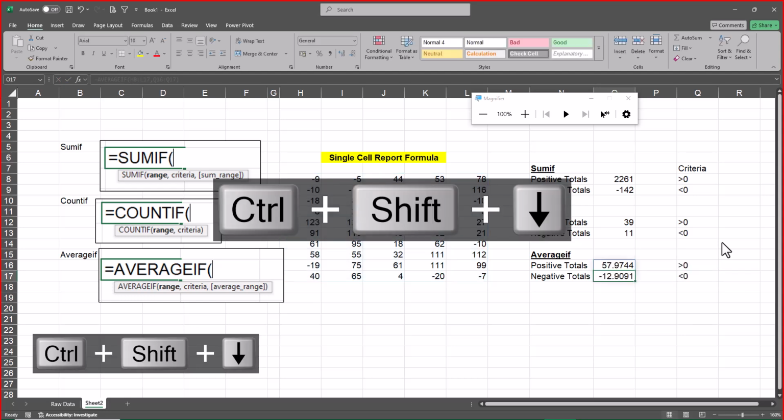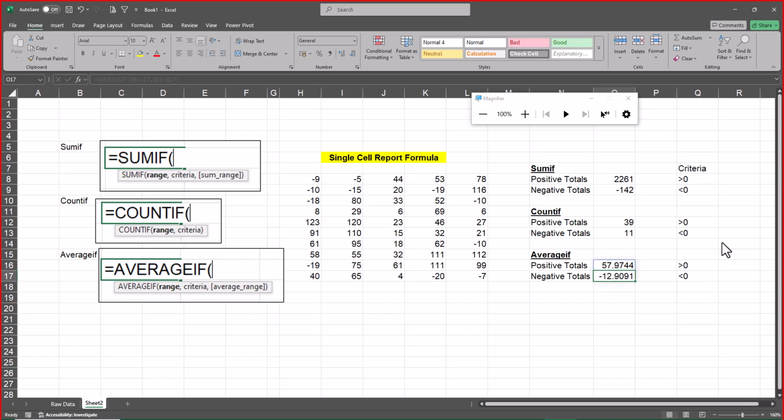So it automatically gives you all the data sets for me. So this is how we will normally create a sumifs, countif, and averageif here. Again, I used a very simple logic. I want to find out the total positive numbers here, the total negative numbers here, and I want to find the total average of positive and